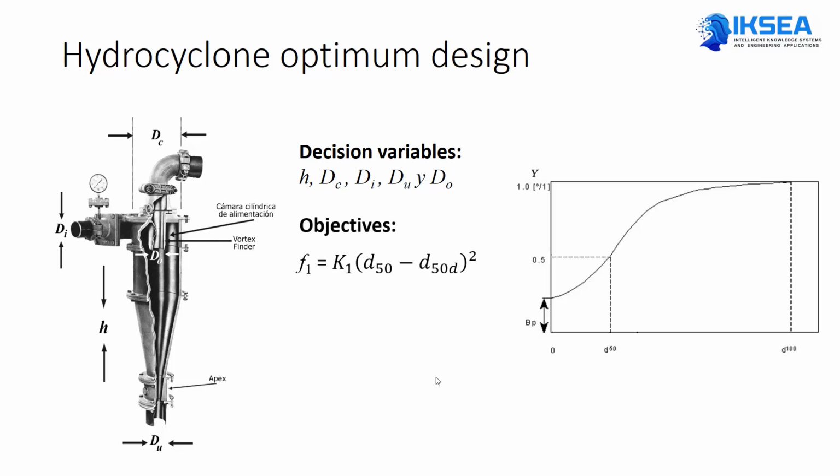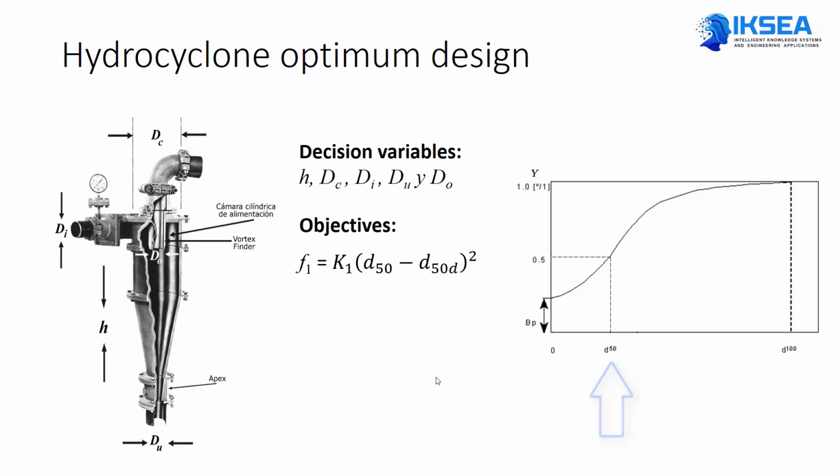First, a function that measures the quadratic distance from the obtained mean particle diameter to the desired mean diameter. When the multi-objective algorithm minimizes this function, it will accommodate the decision variables so that the actual mean diameter matches